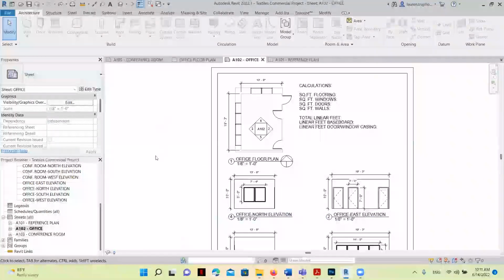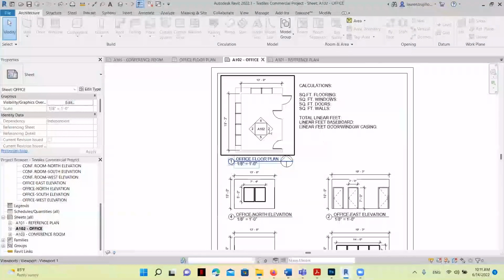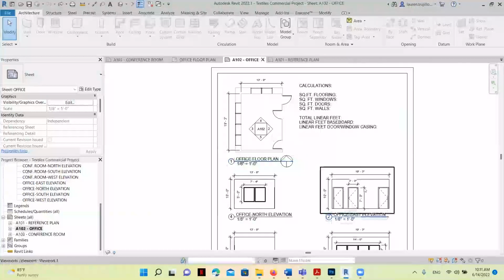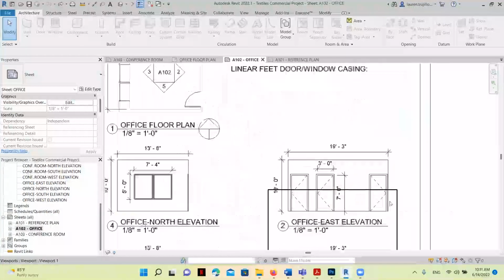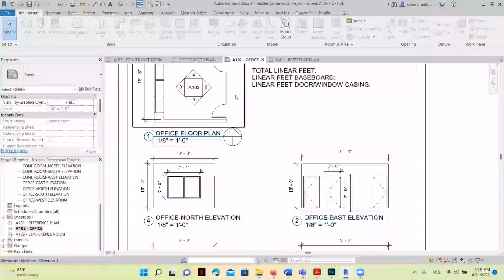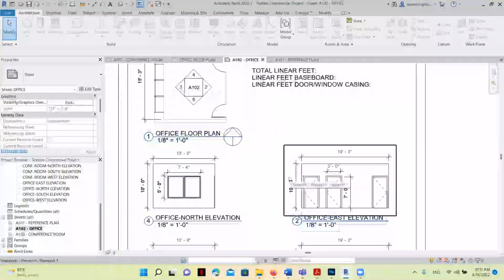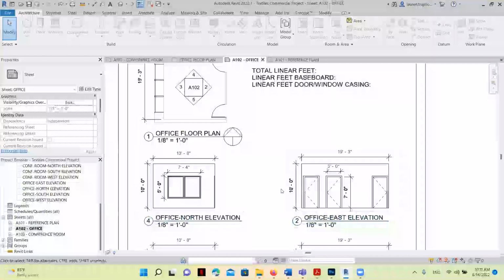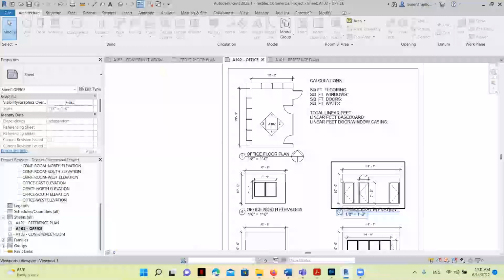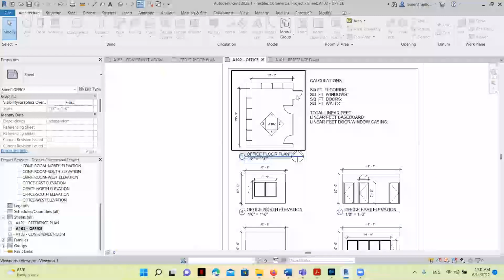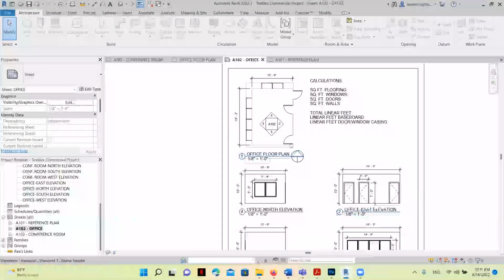But just continuing on, you can see here, if I stand where it says A102 and I look in the direction of this arrow for drawing number 2, I will see the east elevation. Once again, the dimensions are the same. Wall length is the same, and the height is the same, 10 feet, as it is for the other wall. And then you can see I've got this series of doors. So this door right here is this door right here. This door right here is this door right here. And this door right here is this door right here.